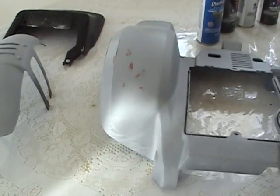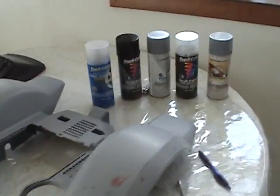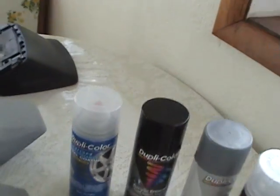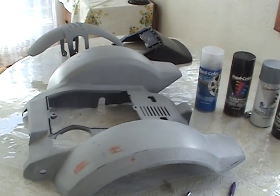Then what I will do, after I put on the filler primer here, and I get it down, usually what you do is you paint after that. You paint with the black. What you can do, remember, filler primer is talcum powder and...